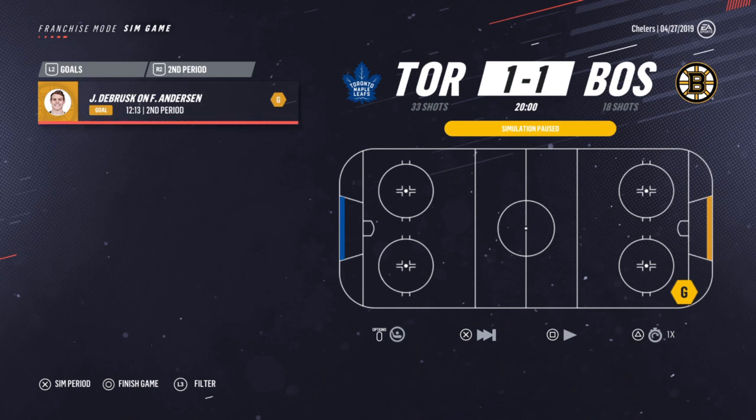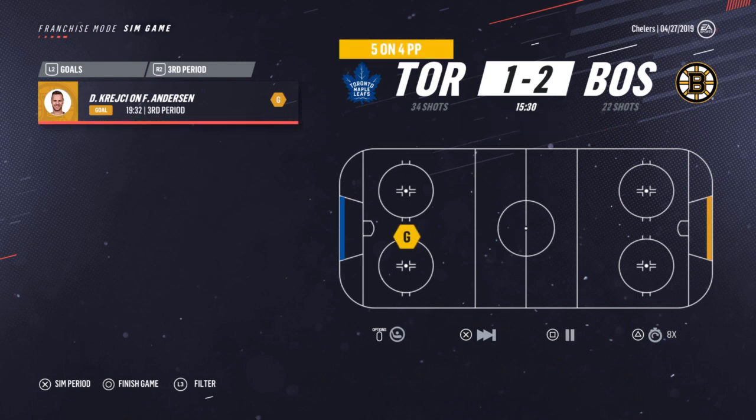Toronto took 15 more shots, and we start off with 8 shots, right? So we got 10 shots. We're still getting completely bombarded. Look at that shot from the right corner on the line. That's a bad goal from Freddie to allow. And David Krejci scores right away, right in the slot, to start off the third period, and it's looking good,